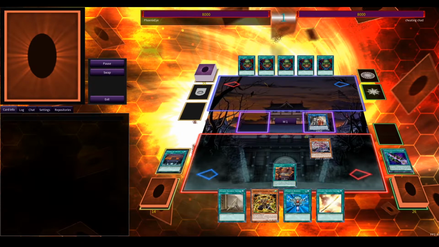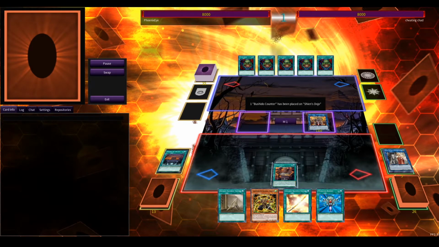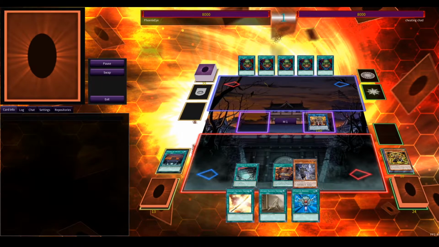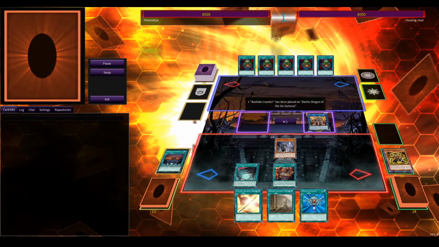Then I use Isolde. I only use Isolde to search out Fuma and discard a Cursed Bamboo Sword, get more Bamboo Swords in my hand, and also use it to generate some more counters. Then I can immediately go into Battle Shogun with that. And from there it's kind of just